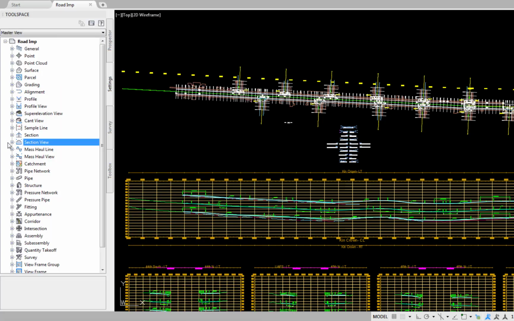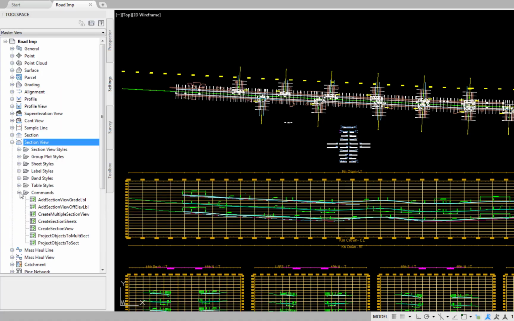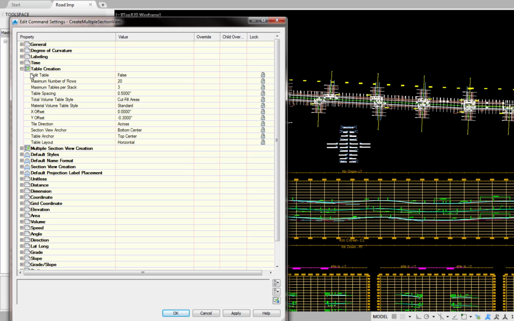OK. Expand section view, commands, right-click create multiple section view, edit command settings, table creation, split table false, maximum number of rows 20, maximum tables per stack 3, table spacing 0.5 inches, total volume table style, cut fill areas, material volume table style standard, X offset 0.0, Y offset minus 0.3 inches, tile direction across, section view anchor, bottom center, table anchor, top center, table layout, horizontal, multiple section view creation, specify multiple section view station range, yes,